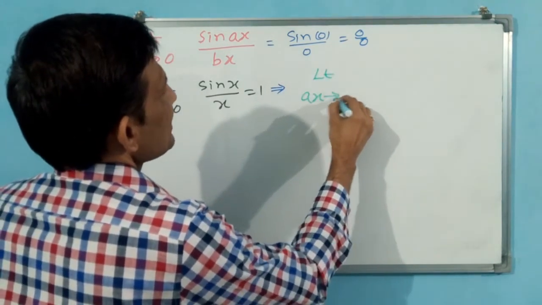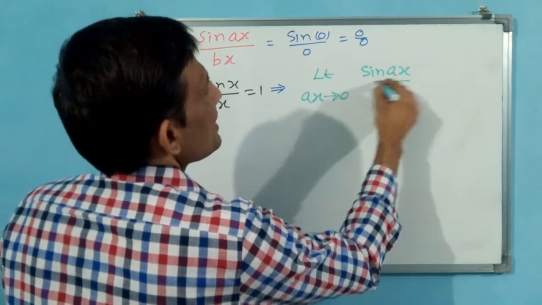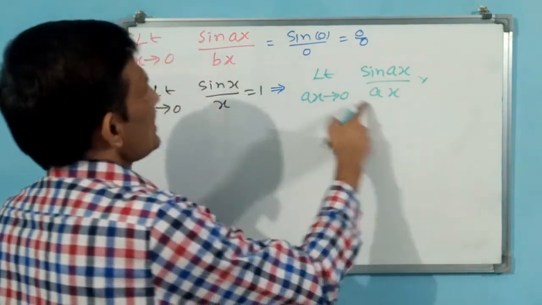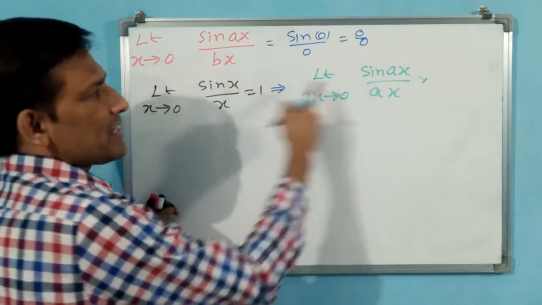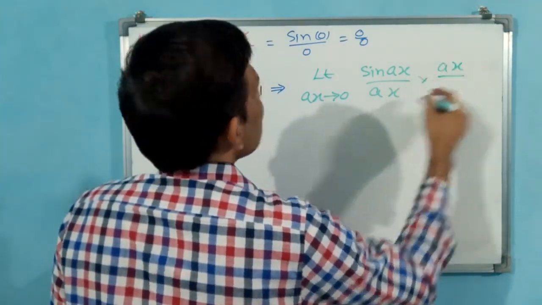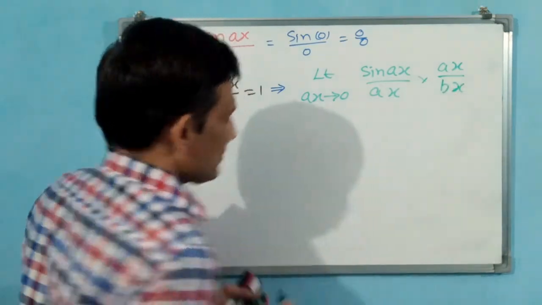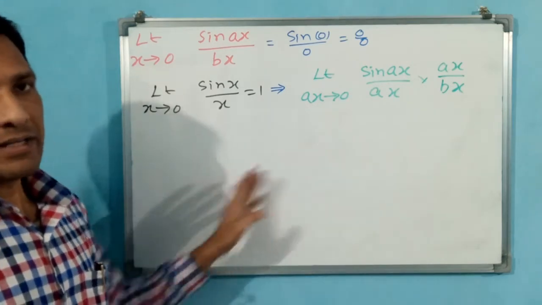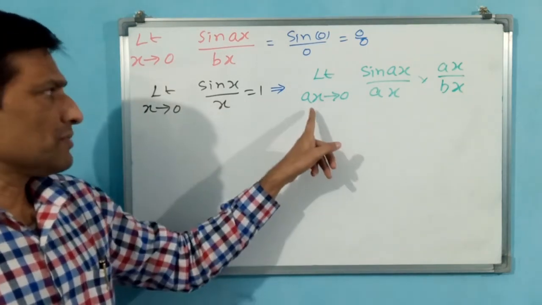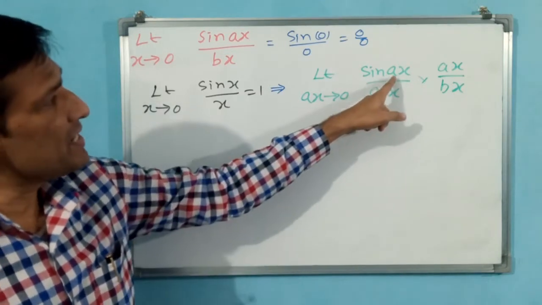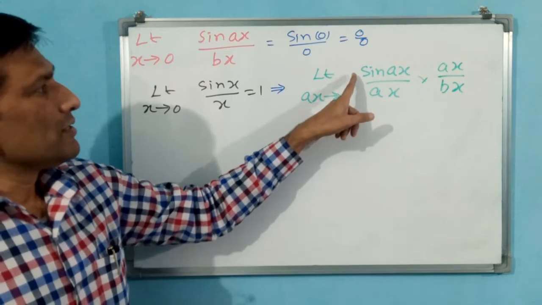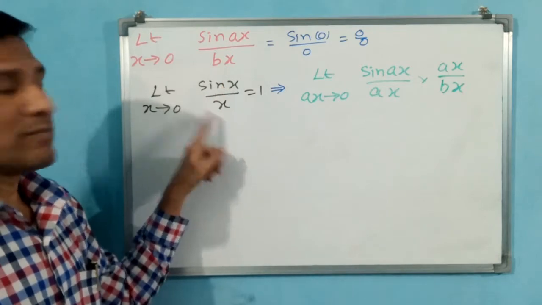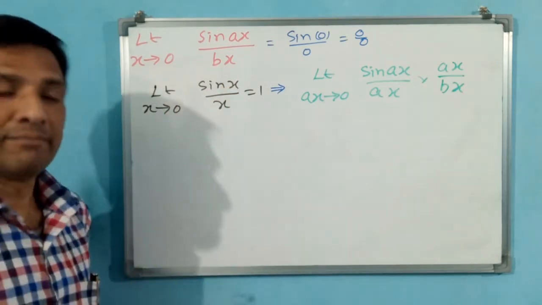Limit ax tends to 0, sin ax by ax I have written first. Afterwards, to counter this ax, why? Because earlier denominator ax is not there. To counter this, I have made another ax, but earlier bx is there, bx I have kept like this only. But is it correct? First you see. Limit, even if you multiply with a both sides, the same thing will come. Ax tends to 0. Why ax I have written? Because here ax by ax I want to take. In sin x by x, here x should come. Here ax means ax should come. Here x by 2 means x by 2 should come. Okay?